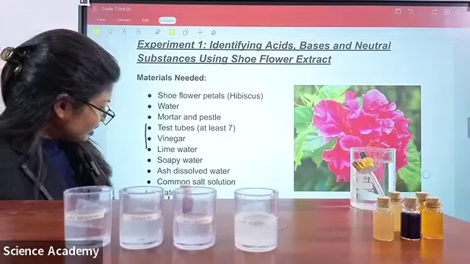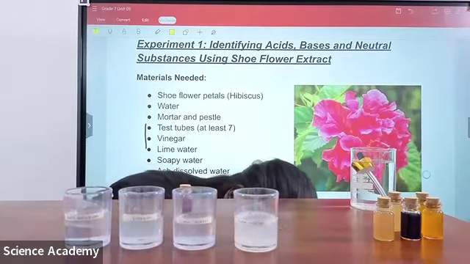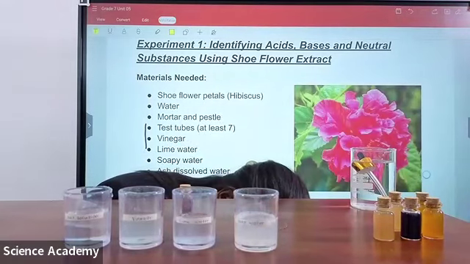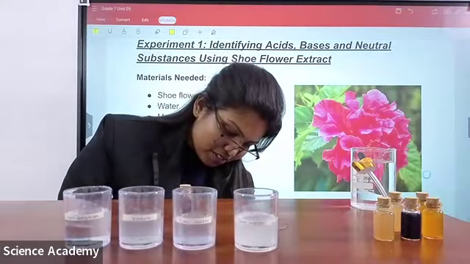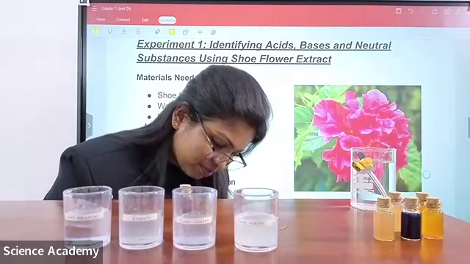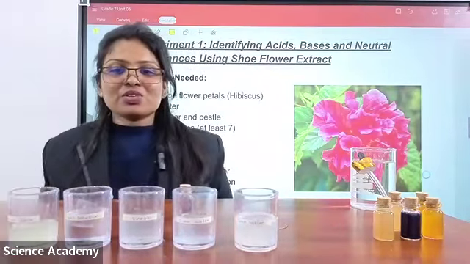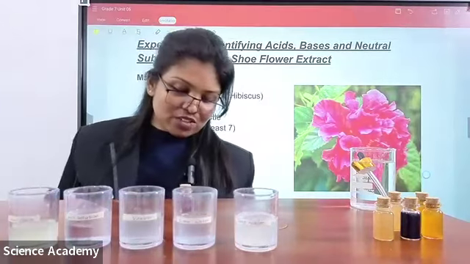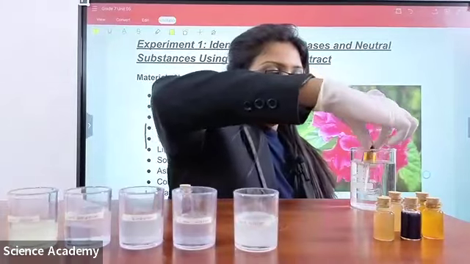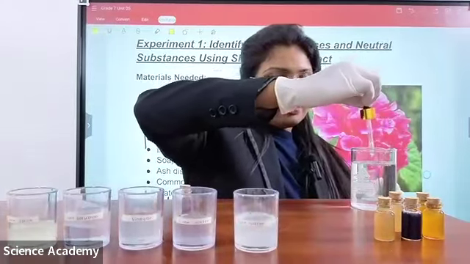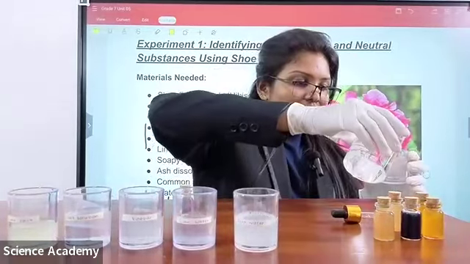And then lemon juice, let's get lime juice or lemon juice. I have used lime juice here. All right, children. Okay. So here I have not used ash dissolved water, right? And I am using water as a neutral substance, right?